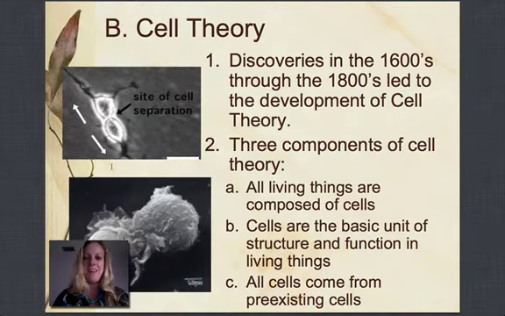All right, so what is cell theory then? The first part of cell theory is that all living things are composed of cells. The second component of cell theory is that cells are the basic unit of structure and function in living things, meaning they are the smallest thing that still functions like a living thing,